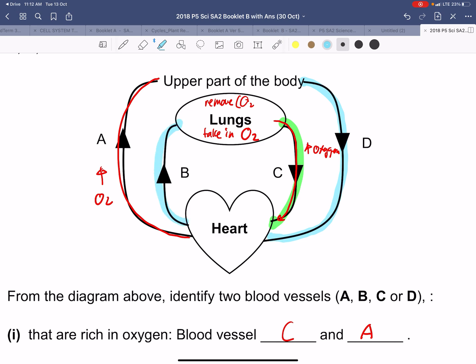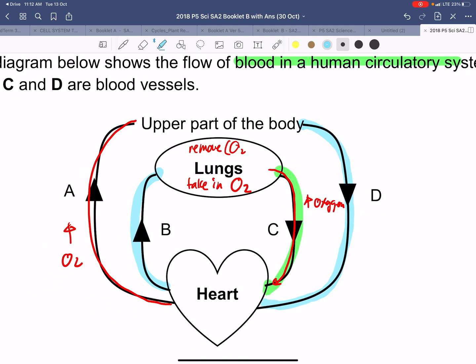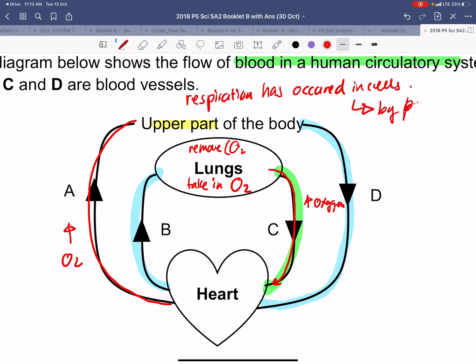Why? You think about it, at the upper part of your body or whichever other part, they can change this. It doesn't always have to be upper part. It can be lower part, it can be from your liver, it can be from your stomach, it can be from your arms, your brains, whatever. But the whole idea is, at other parts of your body, the key thing is that respiration has occurred in the cells. So when it has occurred in the cells, always remember, the byproduct of it is actually carbon dioxide,